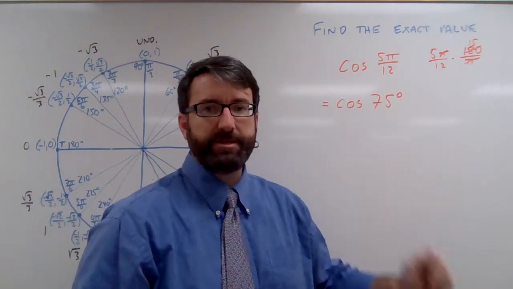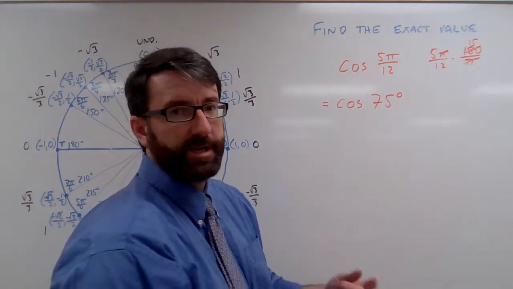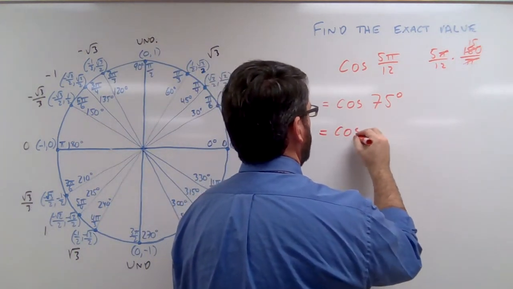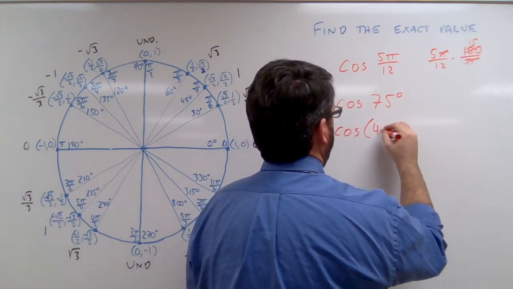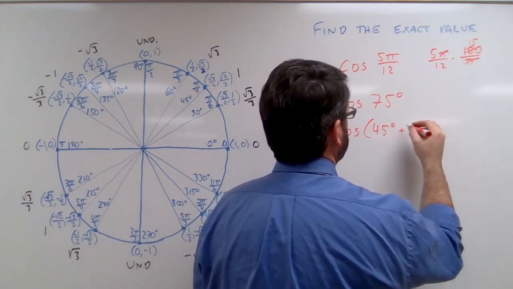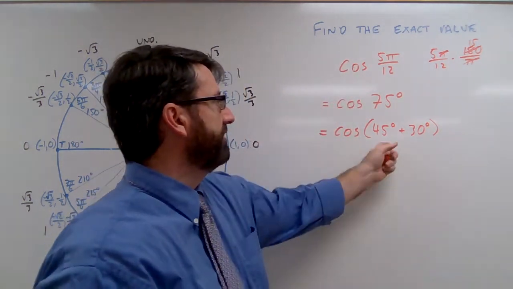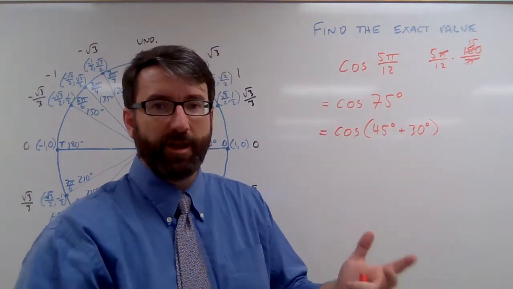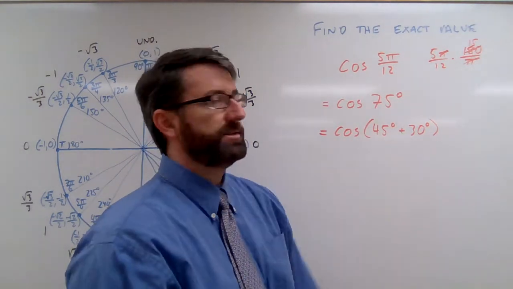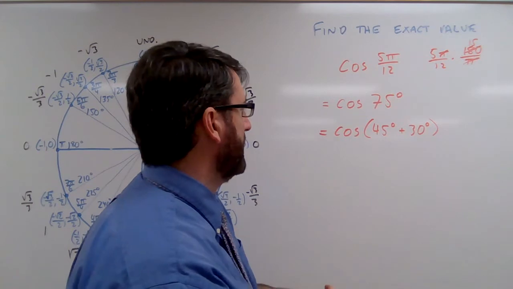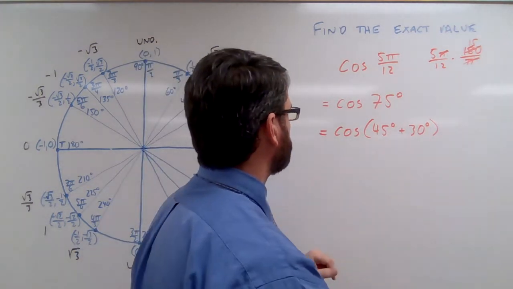Now 75 degrees isn't on our unit circle, so we're going to need to write this as the cosine of 45 degrees plus 30 degrees. 45 plus 30 is equal to 75. All I've done is split that 75 into two smaller angles, both of which are on our unit circle. All right, now the cosine,